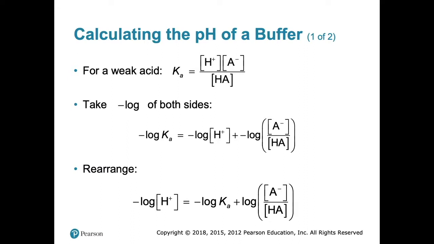And the reason why you do that is because this number is usually a very difficult number to deal with. It's always a number in scientific notation, right? And so when you take the negative log of anything, it turns something that's in scientific notation into something that's between 0 and 14 for pH, right? Does that make sense? Okay, so if this is pH, the negative log of the proton concentration or hydronium ion concentration is pH.